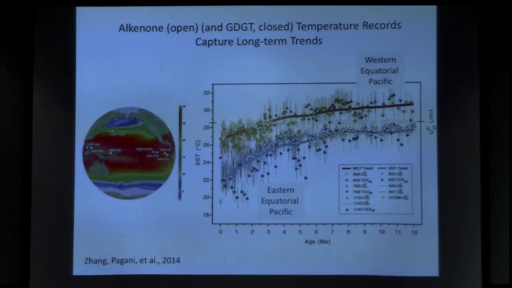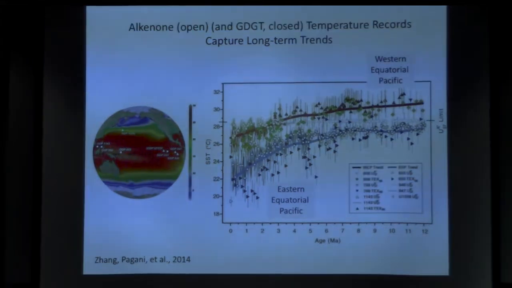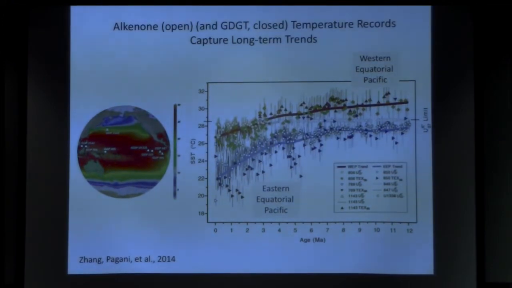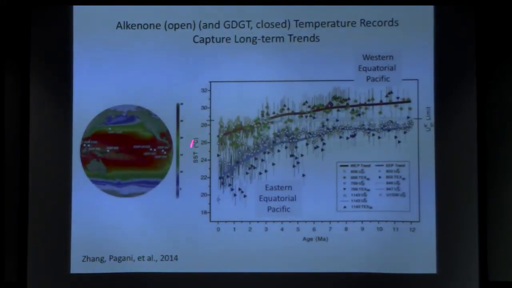This is a paper from Zhang's work a couple years ago now, looking across the eastern Pacific and the western Pacific Ocean at the gradients in sea surface temperatures from 12 million years ago until today. And here's the east and here's the west. So this side has cooled, and this side has also cooled, but to a lesser degree. And this is the realm where we have the El Nino behaviors, and they're trying to test the hypothesis that 5 or 6 million years ago, 4 million years ago, was a constant El Nino state. And they're saying that that's not the case because they see this persistent difference with the western side warmer than the eastern side,